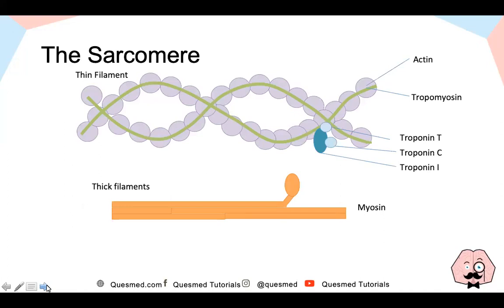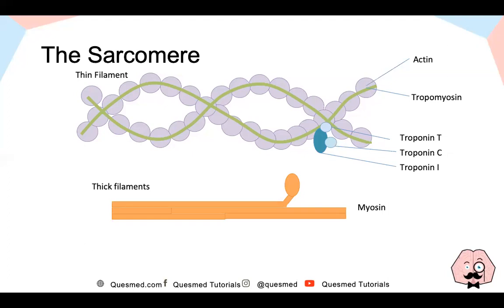So here is our sarcomere. We've got our thin filaments at the top. This green line represents tropomyosin, the little purple dots represent actin, and the little blue dots down here represent troponin. Troponin T binds the troponin to the tropomyosin. Troponin I blocks the myosin heads from reaching the myosin binding sites on the actin. And troponin C is the portion of the troponin which